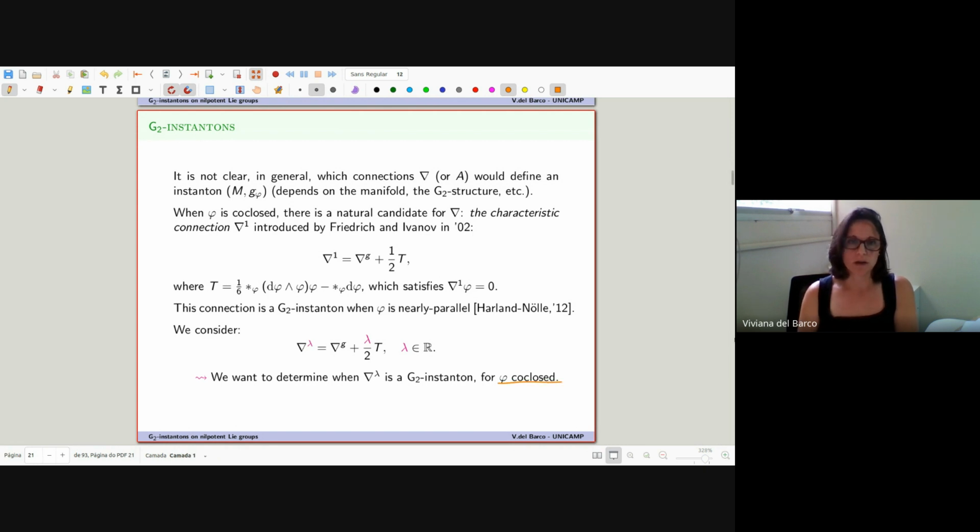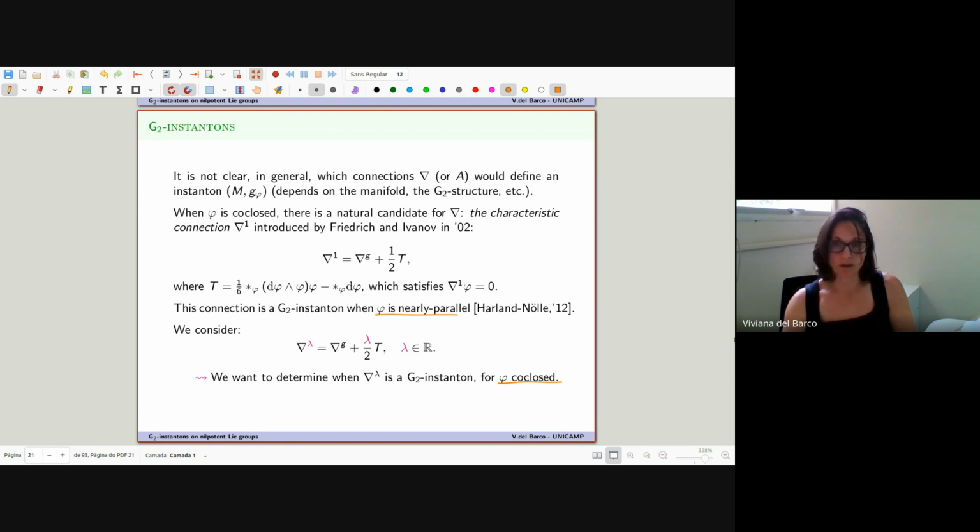So here, they prove it for nearly parallel, which is a subclass of coclosed. We want to show it in the larger class, coclosed. Of course, this problem is way more difficult. As I said, nearly parallel structures were classified. I'm not sure of the method, so I'm not going to say much. But it's a small class, and for coclosed, well, it's